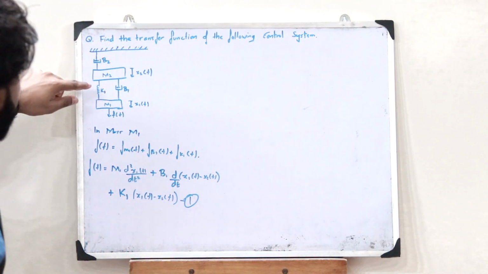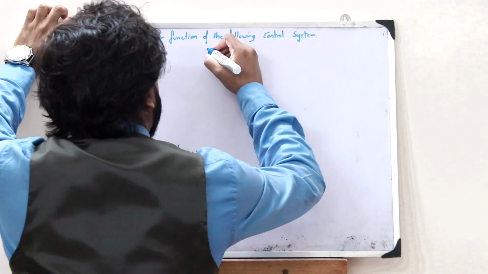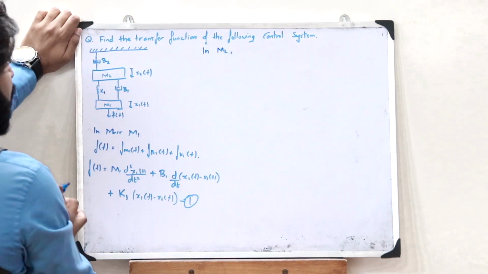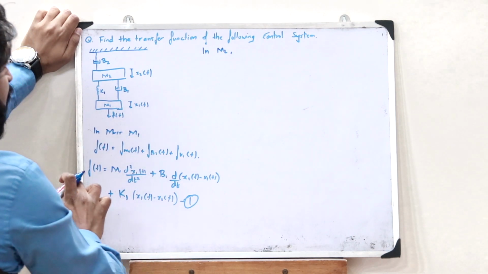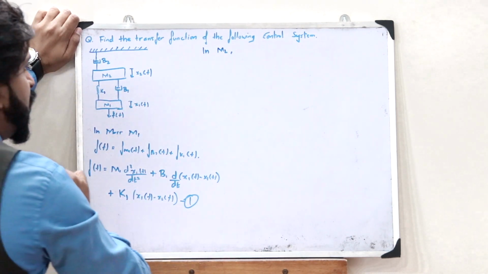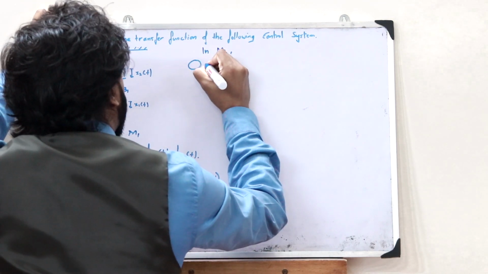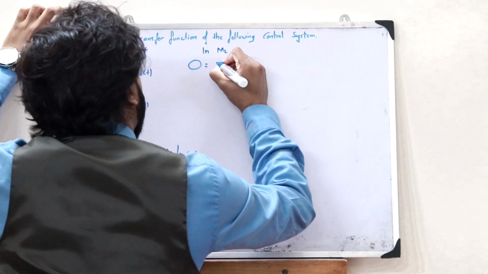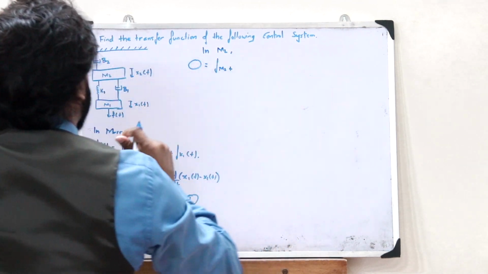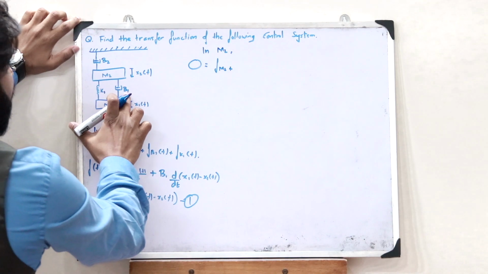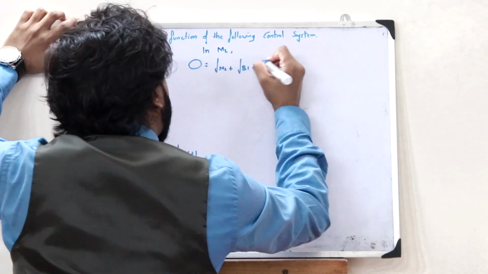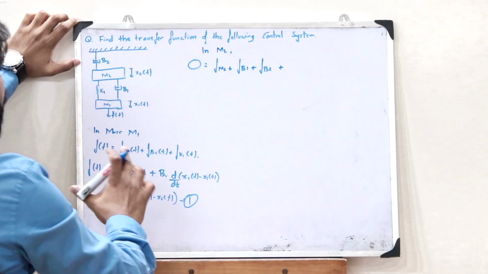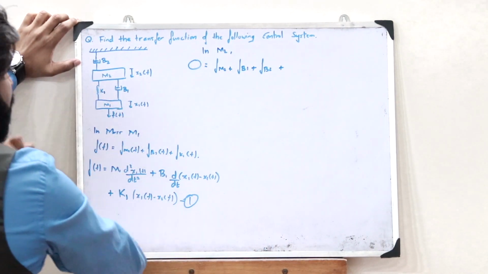So next, when we take the case of mass M2, what we observe is that in the case of M2, here there is no external force acting on M2. External force is only acting on M1. So because there is no external force acting on M2, we would get 0 is equal to the restoring forces acting in the case of M2. First is the force on M2 Fm2, plus next is the force because of this particular dashpot or this particular damper Fb1, plus next is the force because of this particular dashpot Fb2, plus finally the force acting because of this particular spring K1.